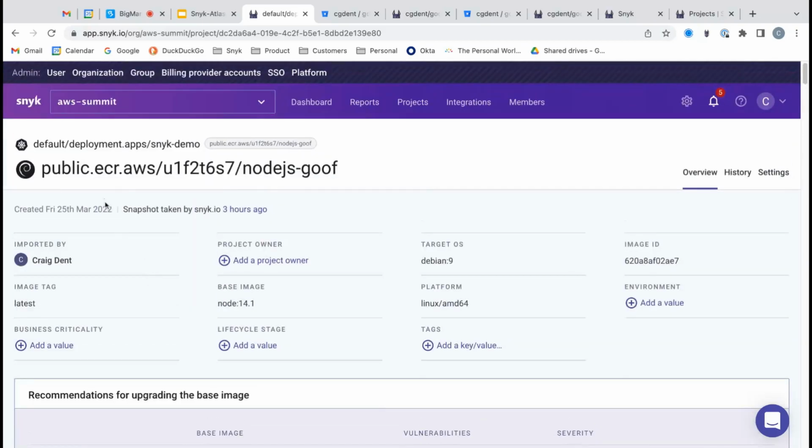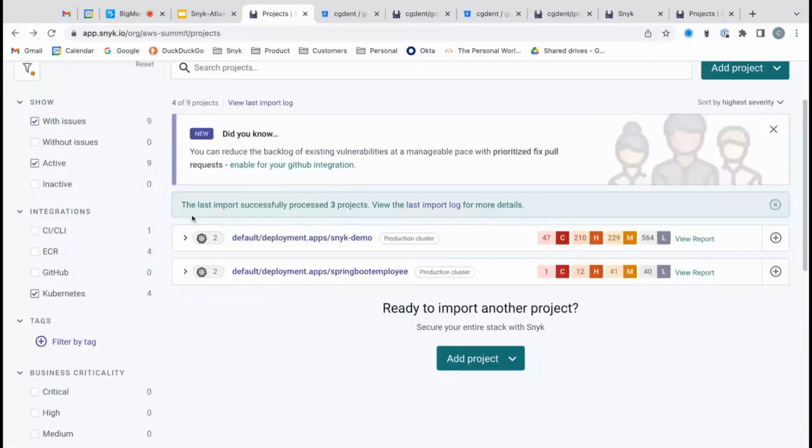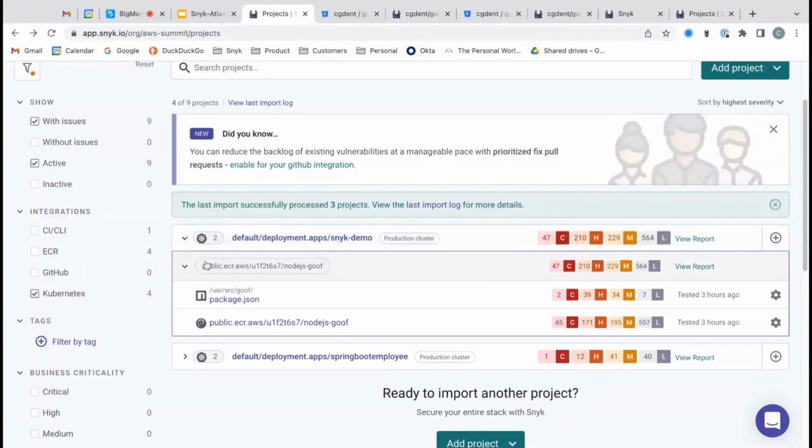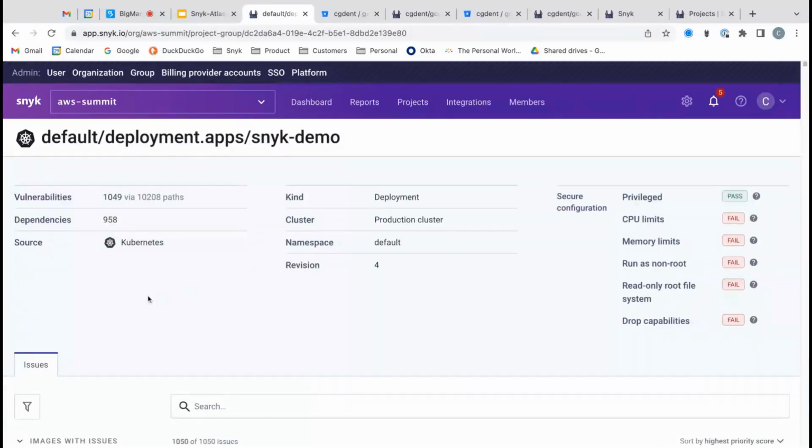On top of that, what Snyk can offer is the ability to look at your Kubernetes cluster configuration. So if I come back out here, and this time click in at the top level on the cluster, we can look for configuration settings that may be putting you at risk. So for example, in this particular cluster, we've got containers that have the ability to run as root. Now that's quite dangerous. It's not a very good